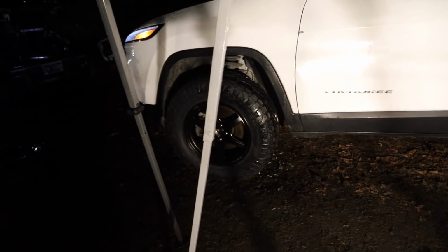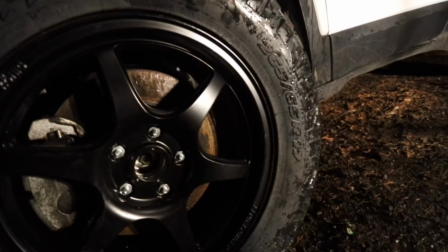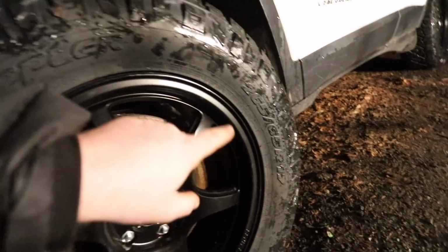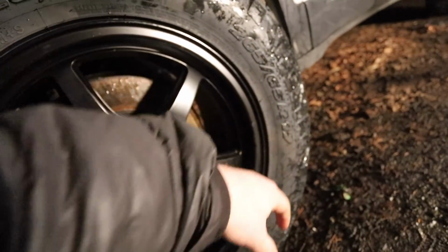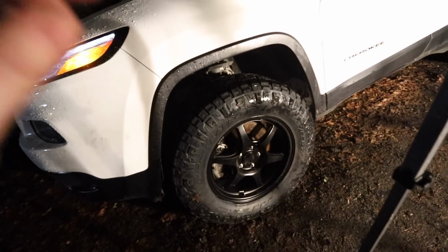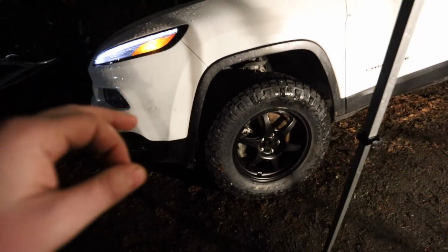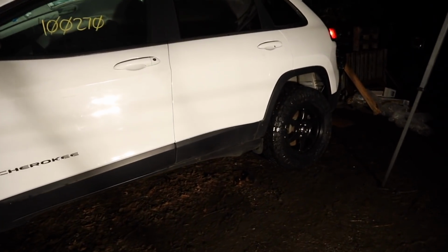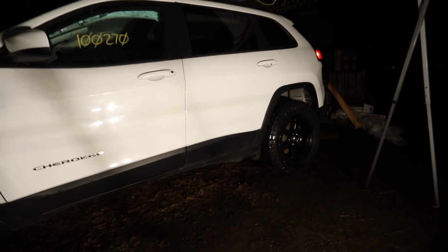If anybody's watching, I should actually find the specs for you guys. I bet if anybody's watching with one of these things, but thank you all for watching, even if you don't have one. Anyways, 265/65 R17 is what we're running on here, and it just barely clears with that Rough Country 2-inch lift kit. Damn, that is such a cool look, and I'm so happy. You can't really see. Can we focus the lights on the...